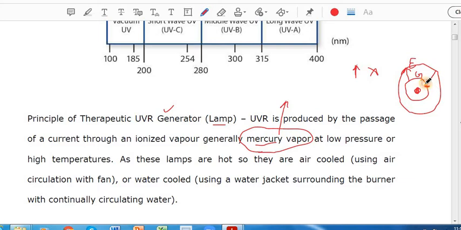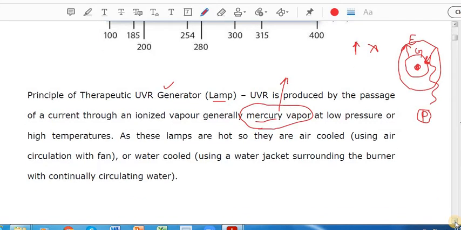When it comes to its ground state, it will emit a photon, and this photon energy is exactly equal to the difference between the two energy states. This is the plain physics of Bohr's atomic theory. Because all these energy levels are fixed for different atoms, we have found that mercury falls in that category: when mercury electrons are excited and come back, they give a photon in the range of ultraviolet radiation. That is why we have chosen mercury.